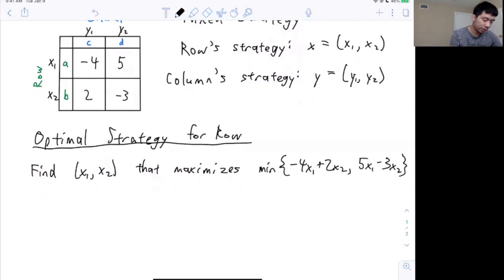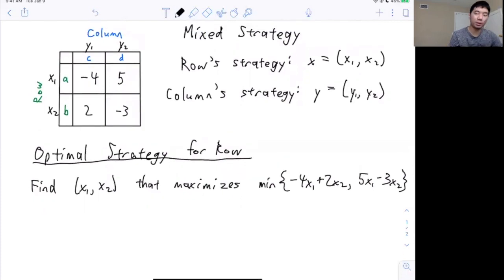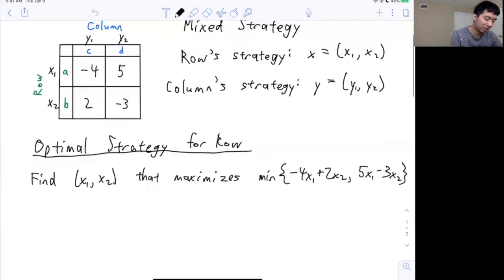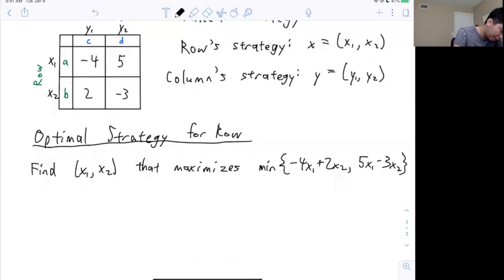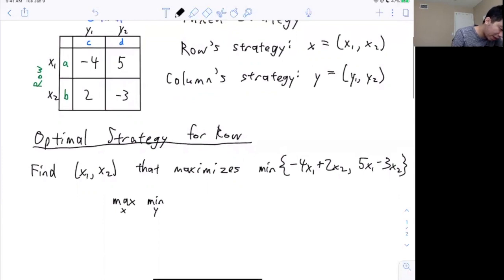So we're going to assume that the column player is good. After we pick a strategy, x1 and x2, the column player is just going to pick whichever one gives him the best expected value, the minimum expected value. So this can be written as: we're trying to find the x that maximizes the minimum y such that